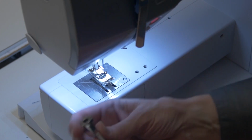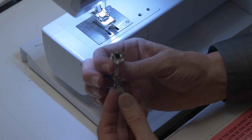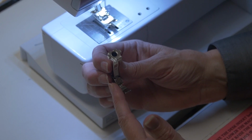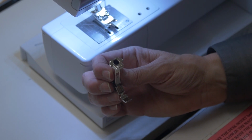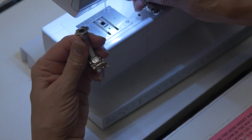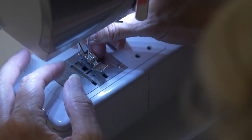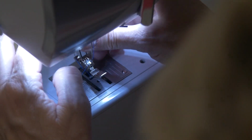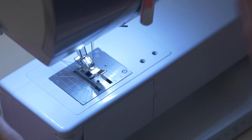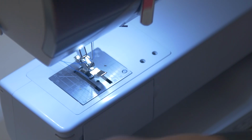Okay, so the number 4 foot is my zipper foot, and it's a really skinny little foot, and you put your needle on one side or the other. The reason we use the zipper foot is so I can get my needle up close to the zipper teeth. So I've got to take out my basic presser foot or multi-purpose one, number 1, put in number 4, clamp, get it on the clamp, push it down, and I'm almost ready. If I don't move my needle, it is going to hit the middle of this foot and break. So you always want to have your needle